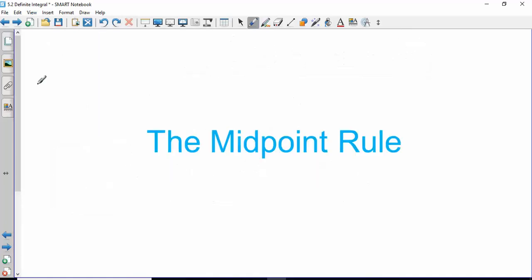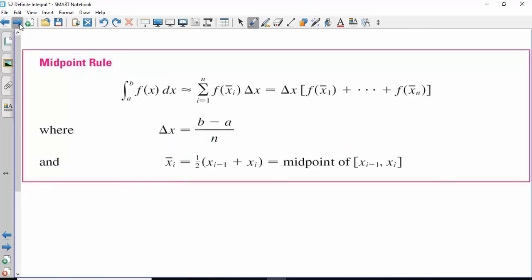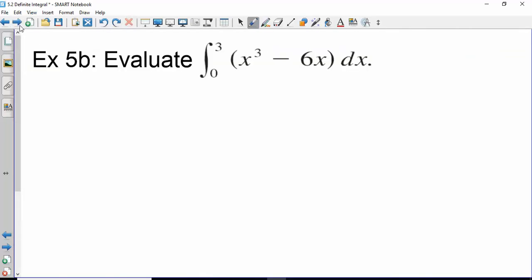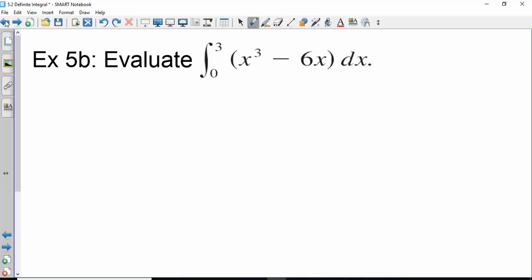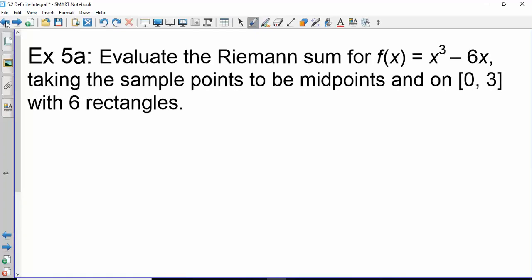Let's go ahead. Let's see how far we can get today. Okay, do you want me to keep going or do you want me to stop? Stop? Okay. So it's one assignment for the 2 days. We have to still talk about the midpoint rule. So tomorrow, I'm going to do the midpoint rule and all the examples that go with it. And then you'll be responsible for